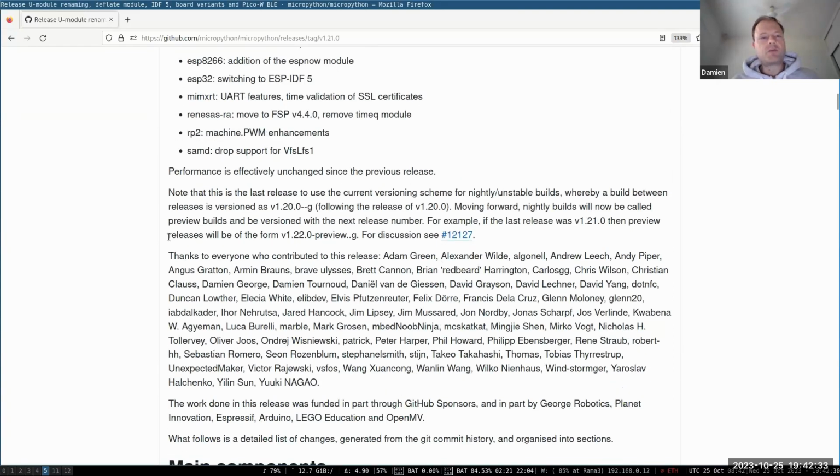Actually, one last thing, sort of to move on to the next release. We've changed the way versioning will work. The releases will still be like 120.0 was the previous release, the next one will be 121.0, the next one will be 122.0, then 123.0, and eventually 2.0.0. But the intermediate releases, like the nightly builds or the previews or the unstable ones, they're going to begin